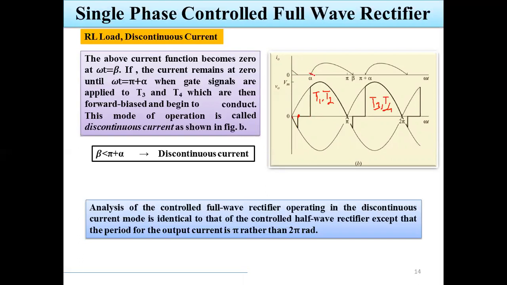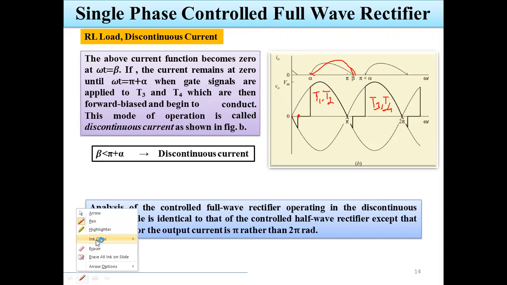After that, at the alpha value, thyristors T1 and T2 are turned on. At this angle alpha, T1 and T2 are turned on, and the output current gradually increases up to this maximum point. The actual waveform is not shown exactly like this here. This is the maximum up to beta. Whenever the voltage is at its maximum,